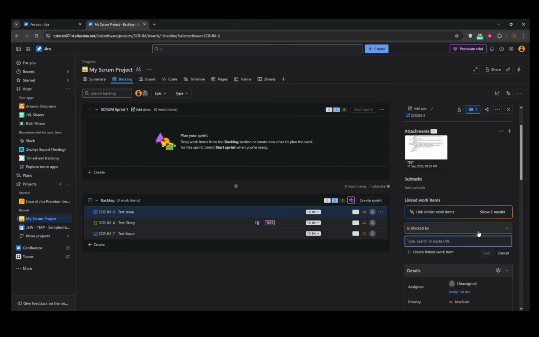Within the dialog box, you are presented with a couple of options. One method is to search for an existing issue by its issue key or through a search function. This is especially handy if you know the exact issue you want to link with. Alternatively, if the issue doesn't yet exist, you can create a new issue right there and link it immediately after creation. After deciding which issue to link, you'll need to choose the link type, whether it's blocks, duplicates, relates to,